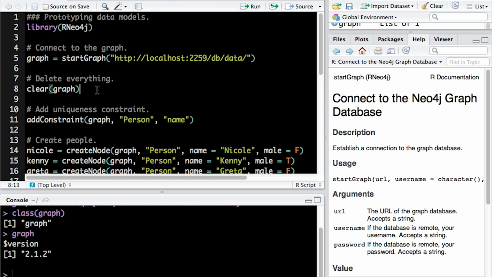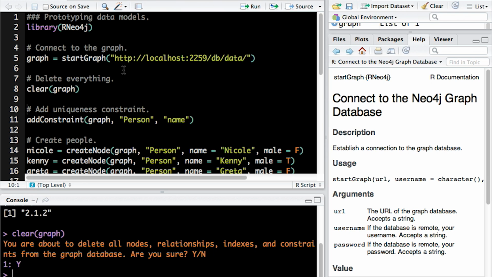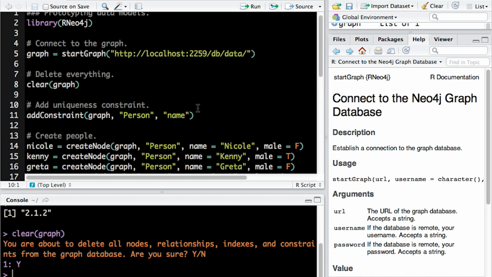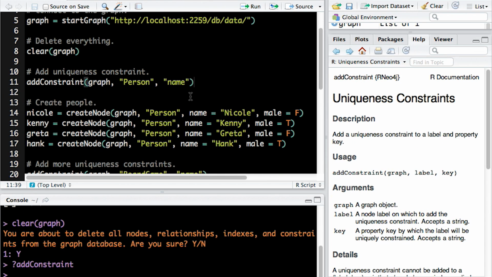So first things first, I'm going to just delete everything in the database just because I'm playing around here, and I'm just going to do some quick prototyping. So this is nice if you're not familiar with modeling data in a graph, you're not interested in learning our query language quite yet, you just want to play around with the idea of modeling your data in a graph. So the first thing I always do is add a uniqueness constraint. So I'm going to say here that